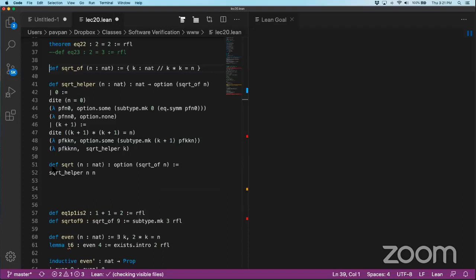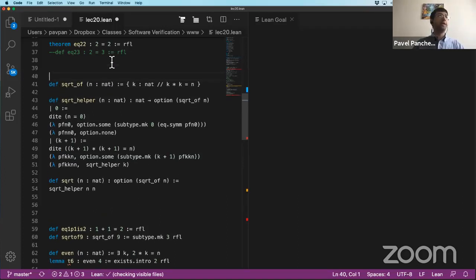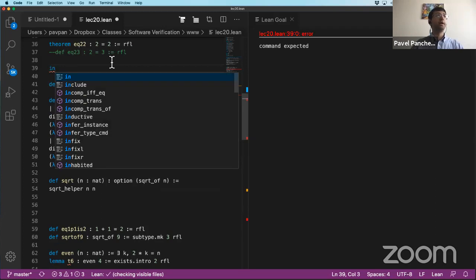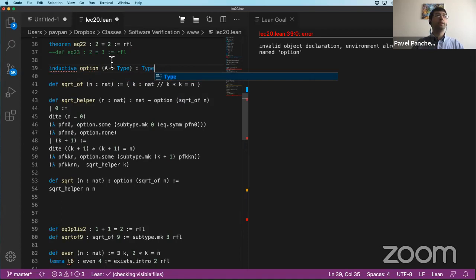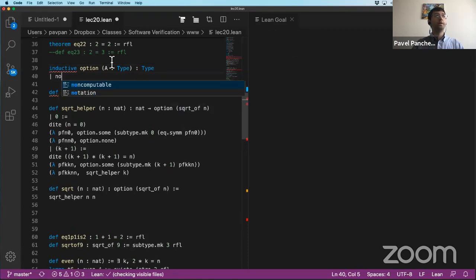Hi, I want to ask, what does this option sum and option none do? Oh, yeah, sorry. Okay, I should have introduced that. It works like this. An option of A, where A is some type, is either, let me just,